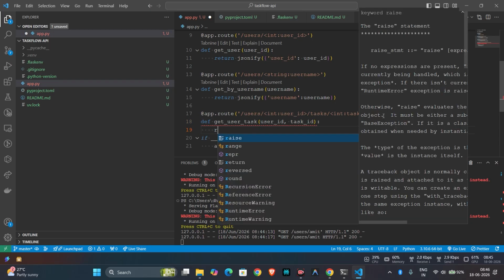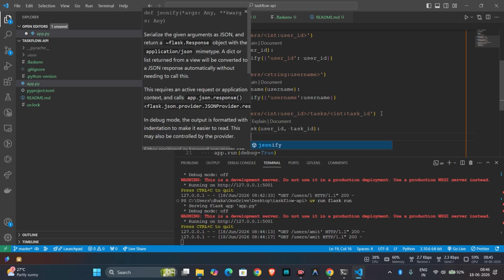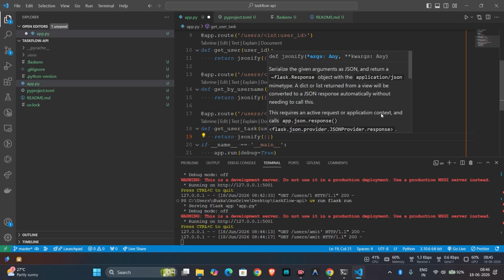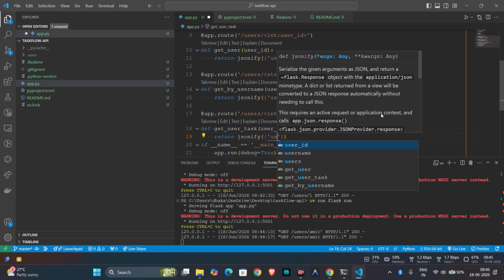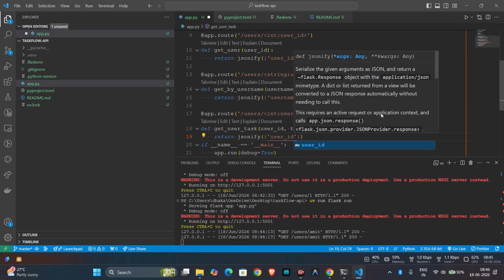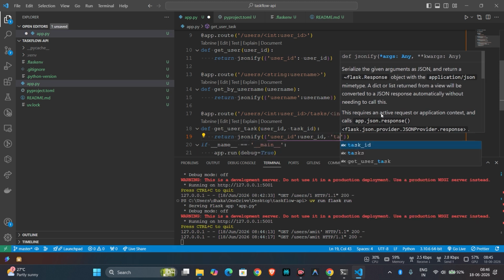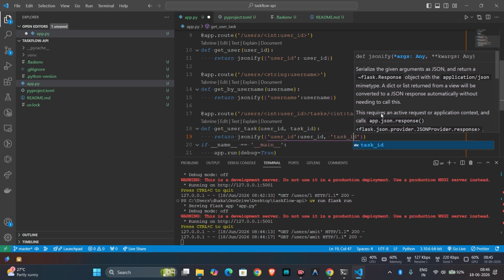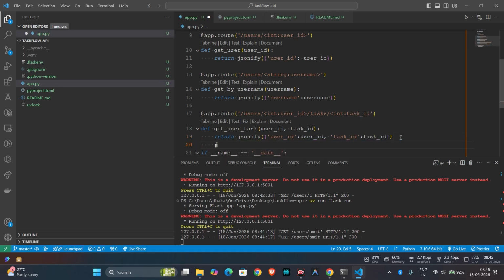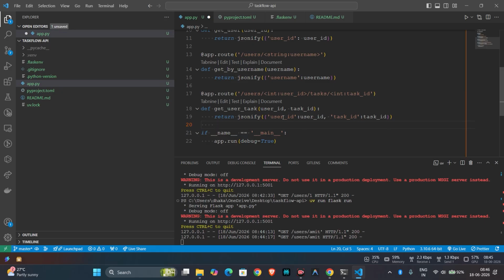Okay, here we return user_id, comma, task_id. So we created this new function, and in this new function it will take user_id and it will take task_id, so we are returning based on that user_id and task_id. Okay,